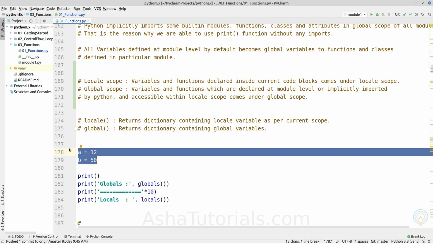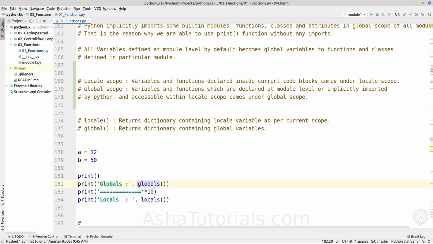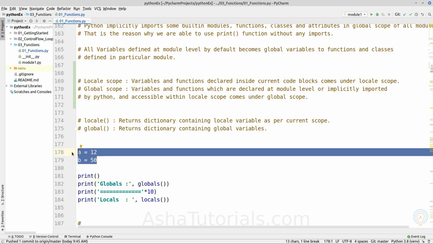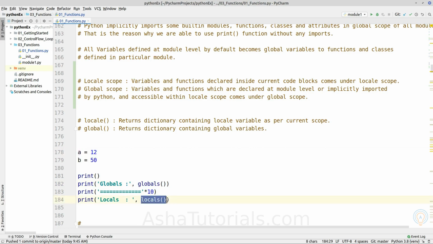If we define a variable at the module level, it automatically becomes a global variable, and as it is defined within this code block, it is local also.